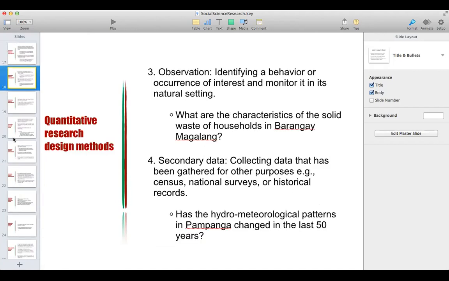Sabi natin kanina, you have quantitative data and qualitative data. Quantitative data, probably you can look into landscape. Hindi ko nasulat dito, but you can look into spatial analysis, right? So you have to quantify yung land use, land cover changes. So this is more quantitative. But how do you support that with a more qualitative? So you go to the field. You tingnan mo kung probably you validate bakit bumababa yung forest cover.